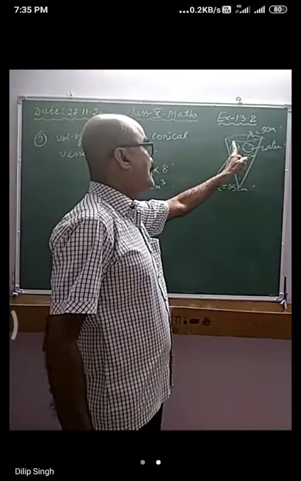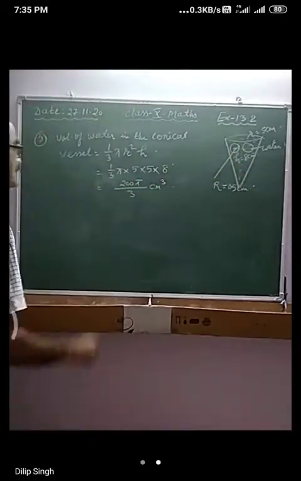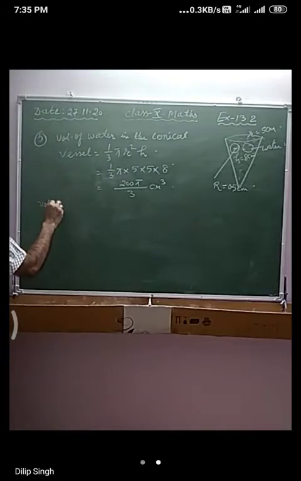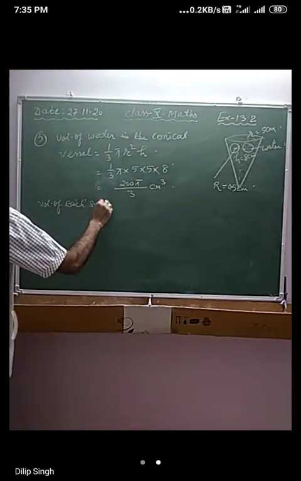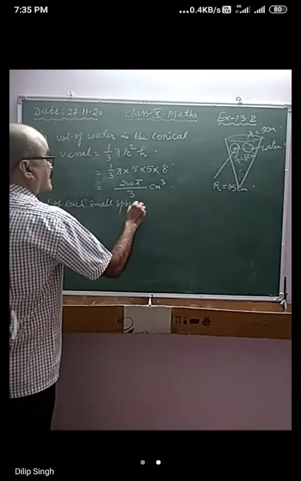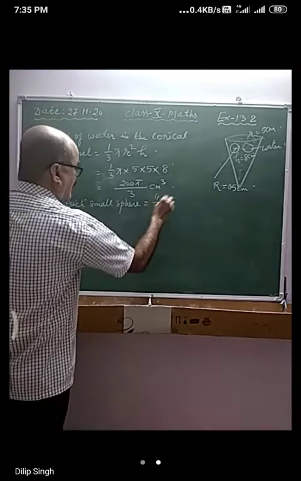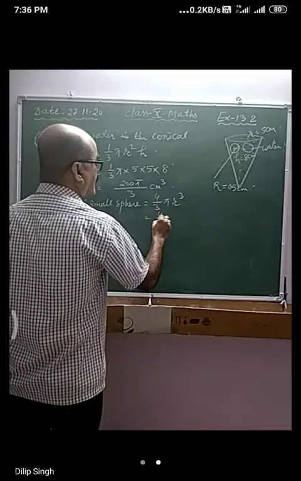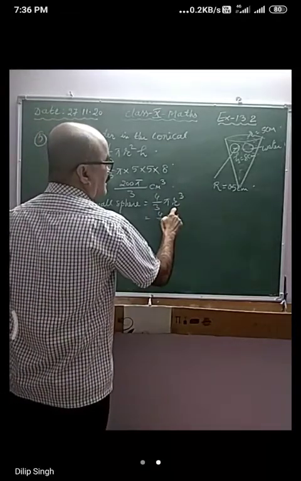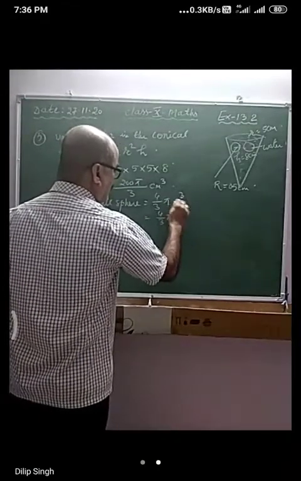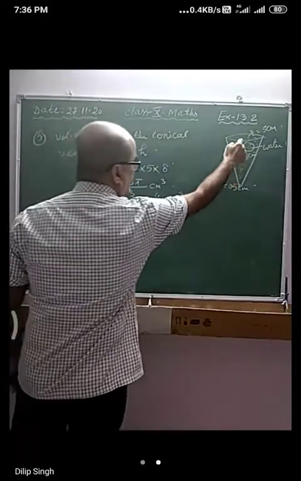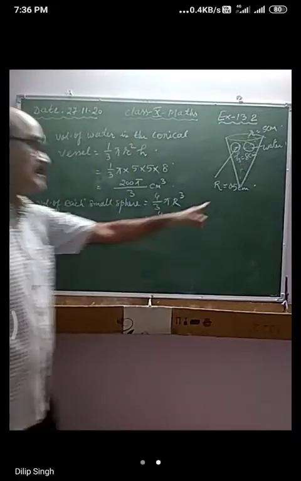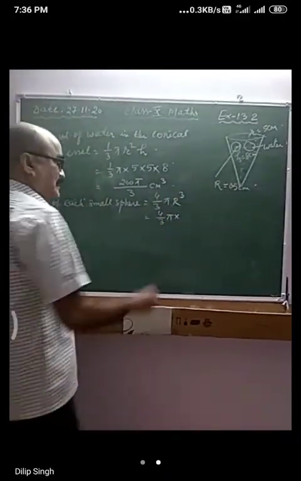Now find out the volume of the small sphere. Volume of each small sphere. That will be equal to 4/3 pi r cube. So this becomes 4/3 pi and R. R means capital R, na? Because the radius of this sphere is capital R. We have assumed here 0.5. So 4/3 and r cube is